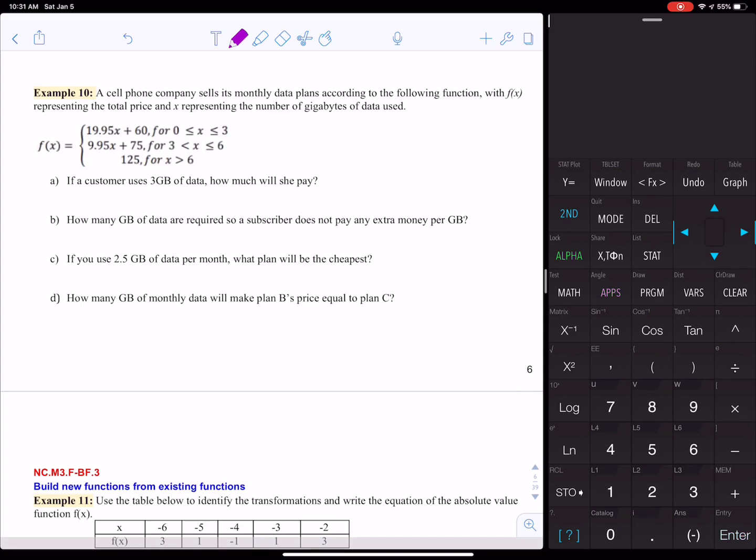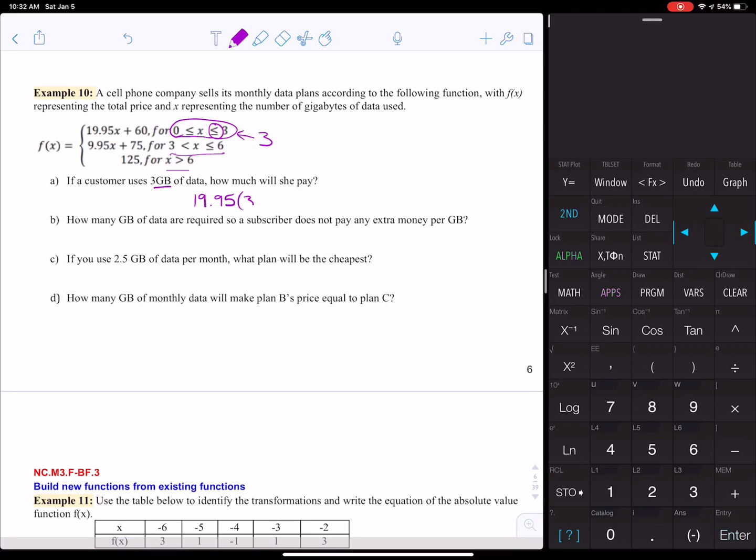So we take the 3 gigabytes and we go up here and see where 3 would fit. Is it between 0 and 3 and equal to 3? That sounds like a winner, because it's not between 3 and 6, and it's not greater than 6. So it definitely fits in that first function. And so we would say